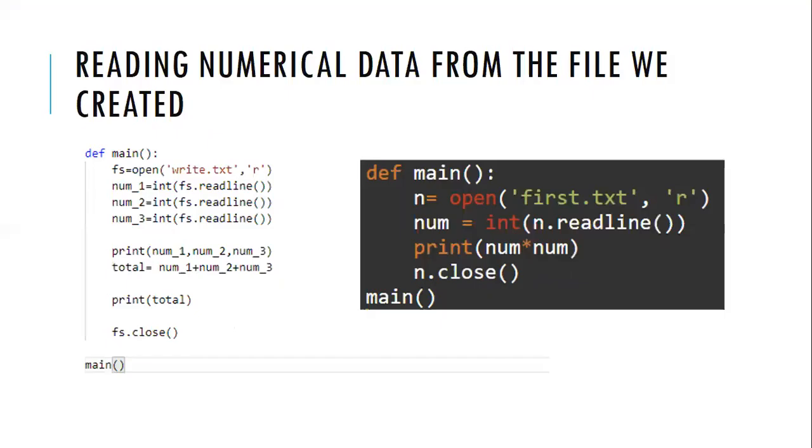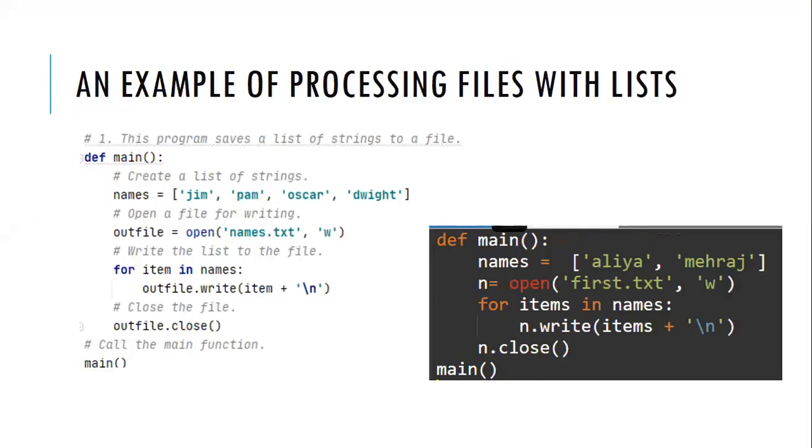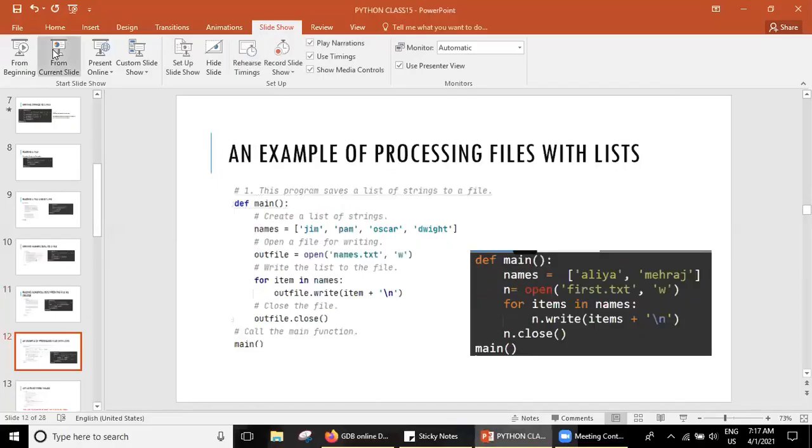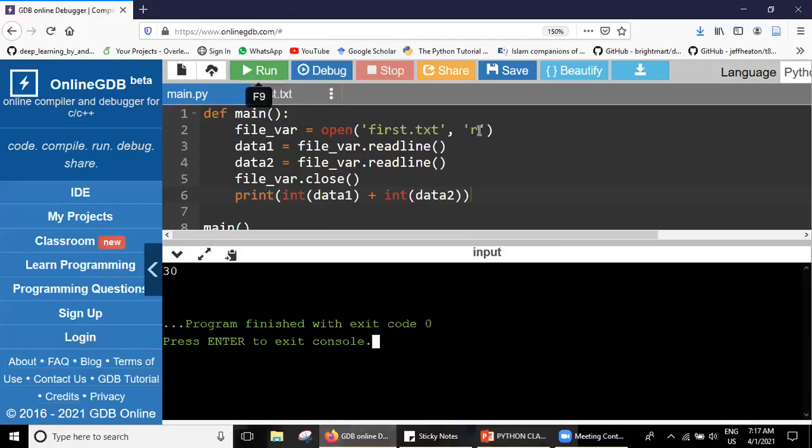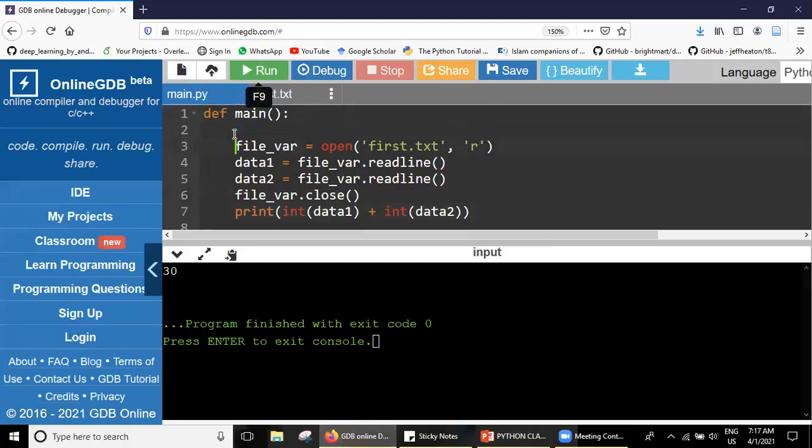Now we'll move a little forward here. If we want to access the files using lists, we have a list. For example, let me just define a list. I'll define a list called names, and this time I give the names, for example, like this, and we have my name, and then we have the name Mehraj. This is our list, and in this list, now I want to store all this list in our file.